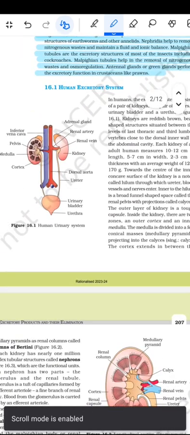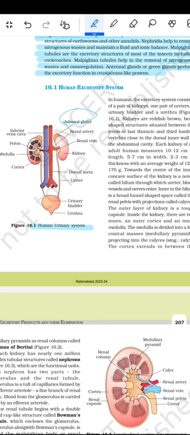फिर आता है ह्यूमन एक्सक्रीटरी सिस्टम। तो इसमें ये ह्यूमन यूरिनरी सिस्टम दिया हुआ है, जिसमें एड्रीनल ग्लैंड हो गया, ये रीनल आर्टरी हो गया लाल वाला, और रीनल वेन हो गया, फिर किडनी, फिर डॉर्सल एओर्टा हो गया लाल वाला, डॉर्सल एओर्टा नीचे से हो गया, और रीनल आर्टरी जो हो गया वो ये वाला हो गया, और रीनल वेन नीचे से दिखाया है। फिर यूरेटर हो गया, यूरिनरी ब्लैडर हो गया, यूरेथ्रा हो गया। फिर इंफीरियर वेना केवा, इधर पेल्विस हो गया, मेडुला, और इसका जो कॉर्टेक्स हो गया।